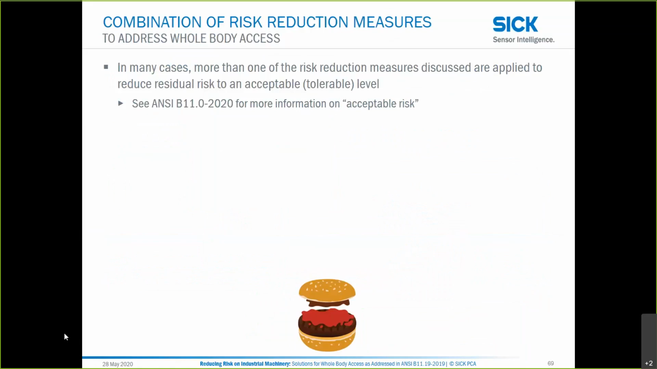So now we've laid out all the different measures that are available. Now we have to consider how and when to combine these to reduce risk. We said before that selection is based on risk assessment, but in almost every case, you're probably going to need more than one risk reduction measure to get to a level of acceptable or tolerable risk. That whole concept is outlined in other standards, including ANSI B11.0 and ISO 12100,